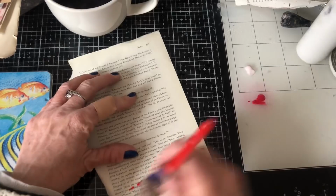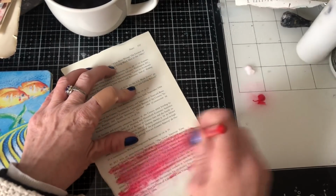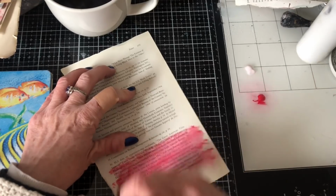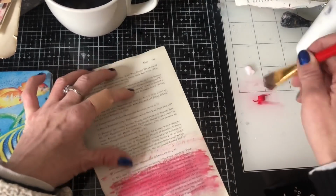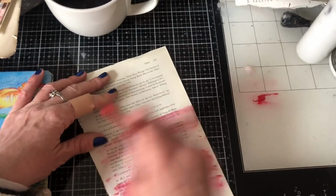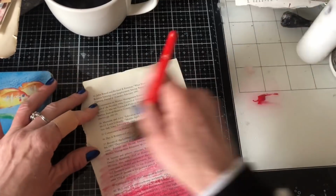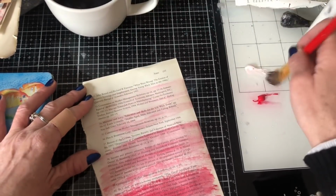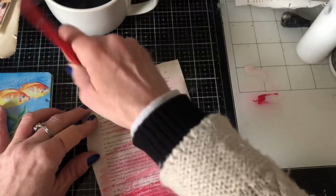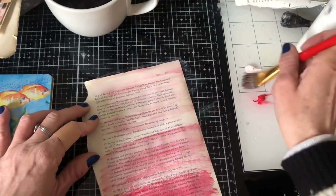So I'm just going to go in here with my paints across the page. Just literally getting some colour on here. I'm not looking at all or paying any attention as to how it's going on. The goal is just to get some colour going on here basically. So, like that. Okay,